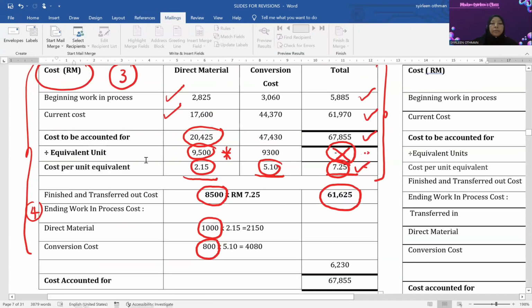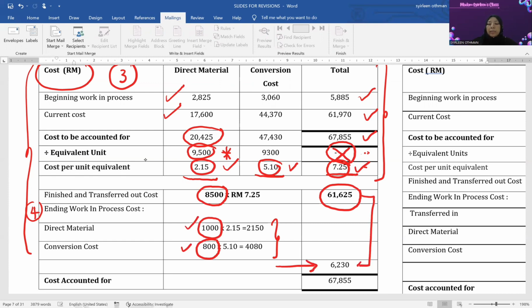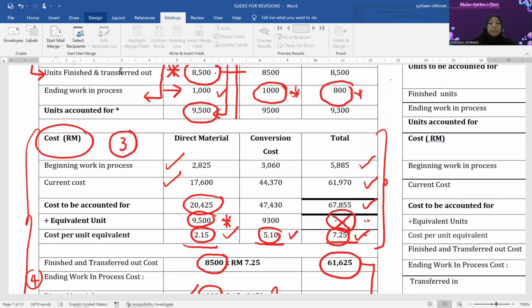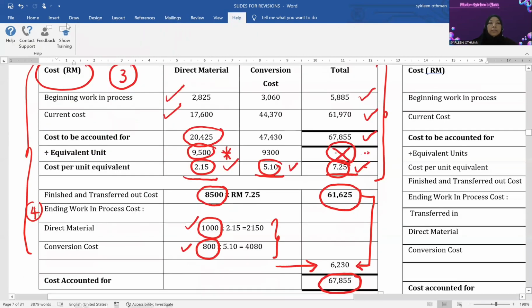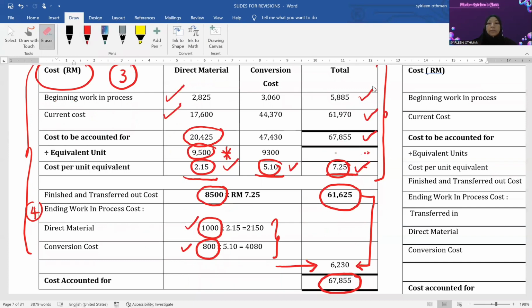Okay, so that's 1000. This is for direct material, kita akan darab dengan RM2.15, and 800 kita akan darab dengan RM5.10. So you'll do the calculations inside. Once you total up the amount, you'll get 6,230, dan only kita akan proceed bawa nilai itu ke tepi, sebab kita akan campurkan dua item ini, okay, untuk dapatkan cost accounted for. So nilai untuk cost accounted for, okay, sekejap ya. Okay, nilai for cost accounted for, kalau you tengok dekat sini,